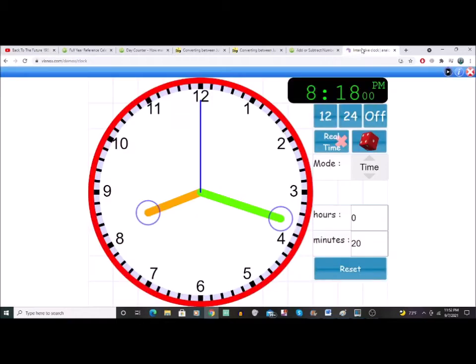I've got an interactive clock up. So if we look at this, this is on 818 right now. We are also, if we were to reverse these hands, it's not exact, but it's pretty darn close, because we're just past this 1 minute here. So we would have to be at 3. This would be 40 minutes. Let me just turn it around so you can see what I'm talking about. Let's just do the big hand, it'll be quicker. So if we come back to